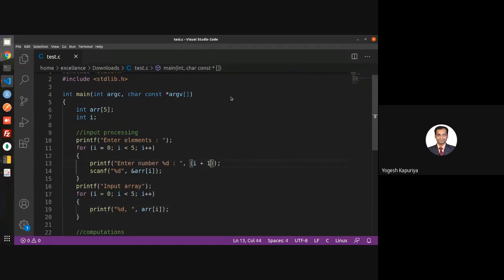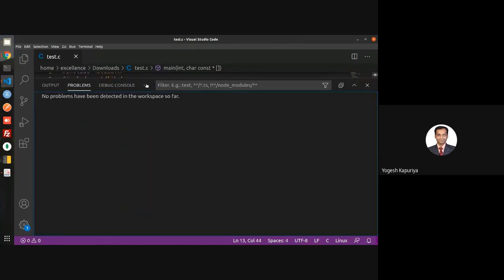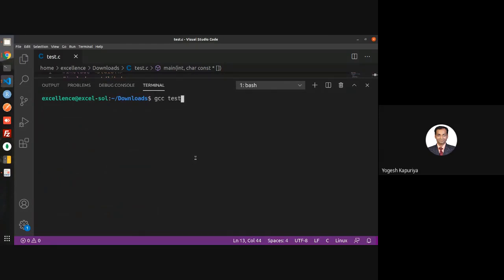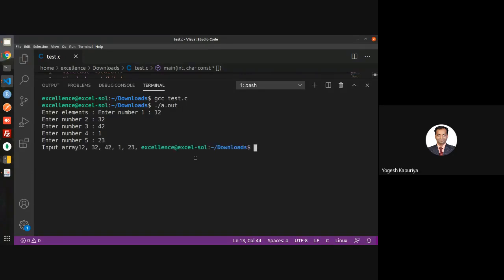Always write a program in an incremental way. Incremental way means that I have done this, and I will first execute it before going further. Okay, so that means I am getting what I have entered, right?